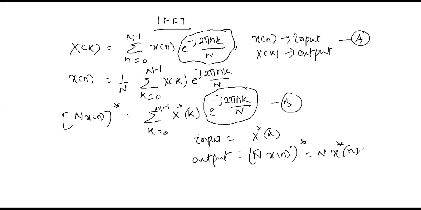Okay, this is the basic. Clear? I used the same thing yesterday also. This is the basic part. So we will use the same algorithm, the DIT and DIF. Only the change is the input and output. Here we will take input as x conjugate k because x of k, the DFT of the sequence, is given, and we will find n x conjugate n. After that we will divide by n and take the conjugate. Okay, now the DIT algorithm is over.